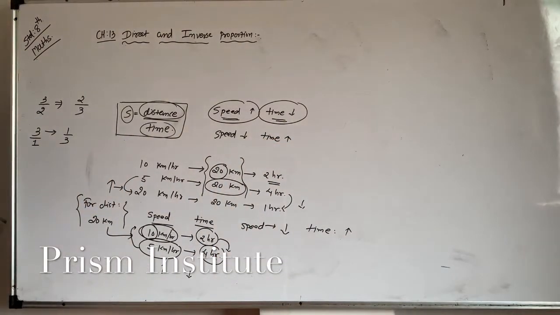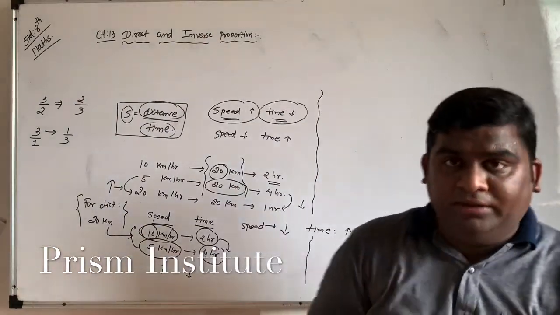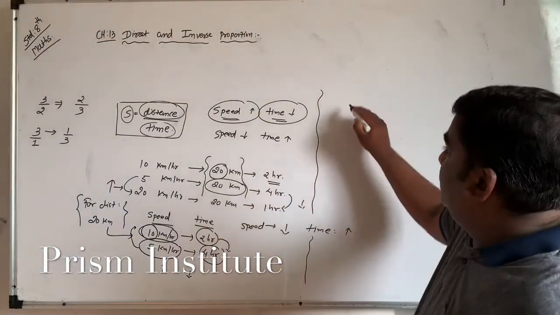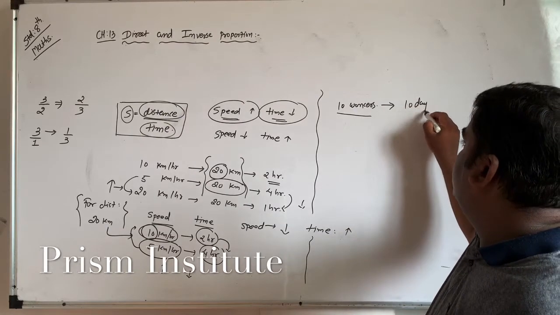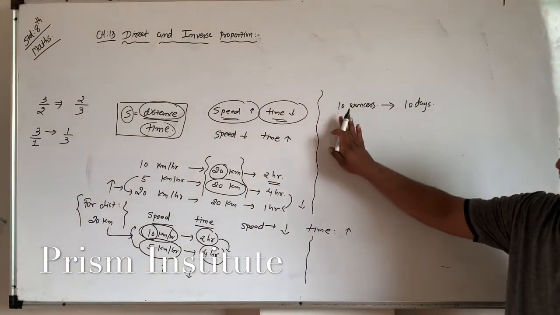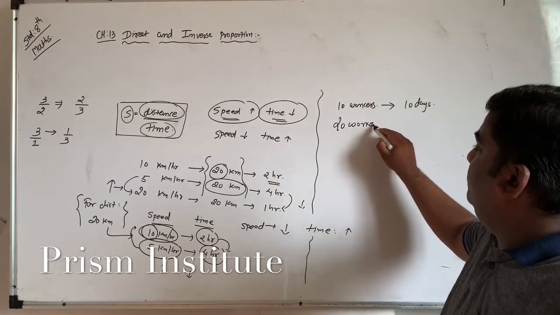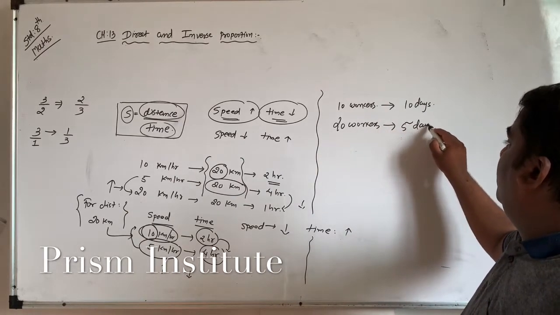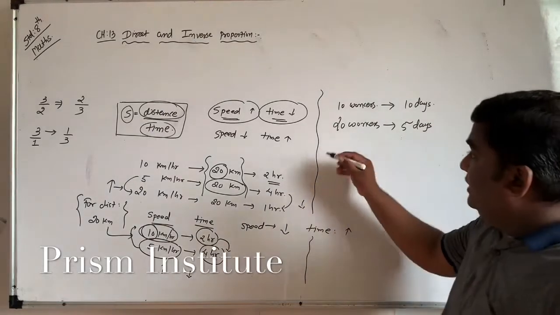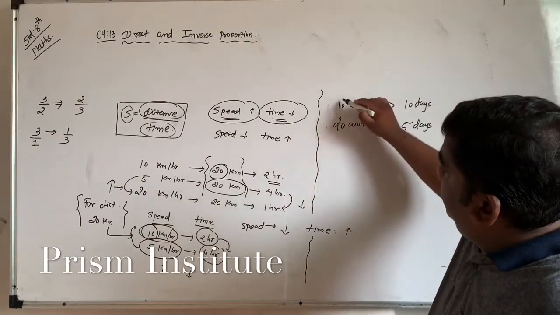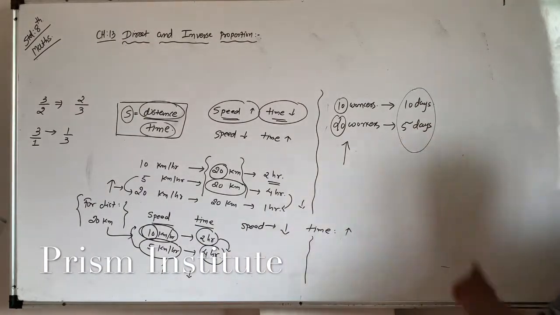Another example is that if you have to complete some work in your home, you can borrow workers from outside. If 10 workers complete your work in 10 days, working together at your home, then if the number of workers is 20, your work finishes in 5 days, because if the workers are doubled, the days are halved. So if the number of workers is increased from 10 to 20, the time to complete the work is decreased.